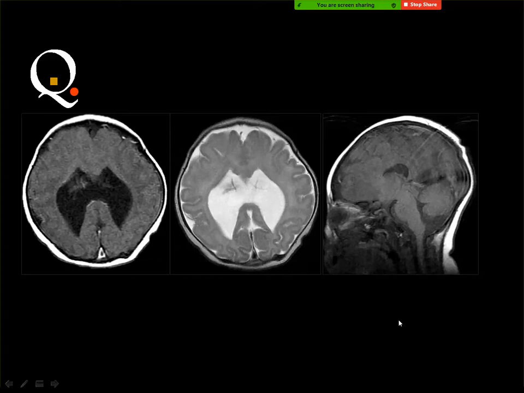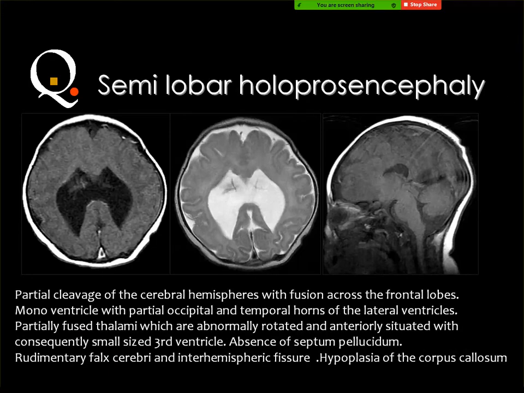Then this is the first case and you see an MRI of the brain. This is T1 and this is T2 and this is sagittal T1. Semilobar holoprosencephaly. This is one of the